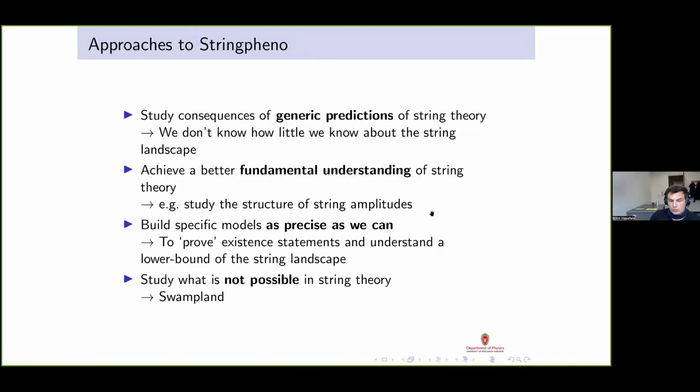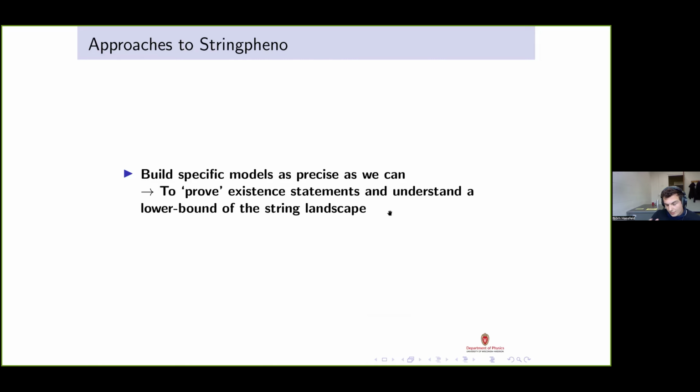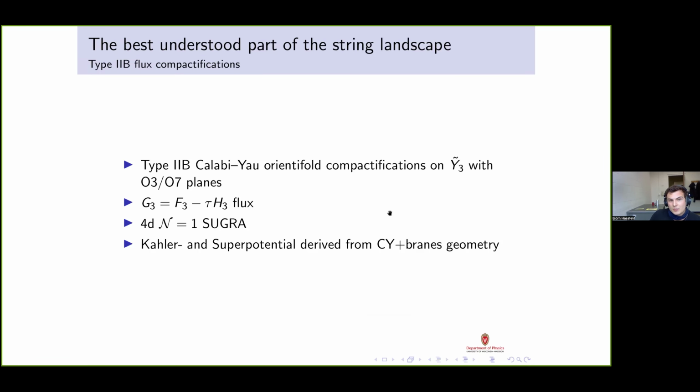Of course, you can also, if you want, study what is not possible in string theory along the lines of the swampland. So for the sake of this talk, I picked bullet point 3. We're trying to make models as precise as we can, study some existence statements, and also understand the landscape better using this approach. And the corner of the string landscape we understand the best is probably type IIB compactifications